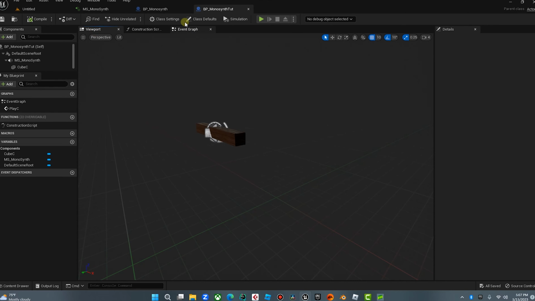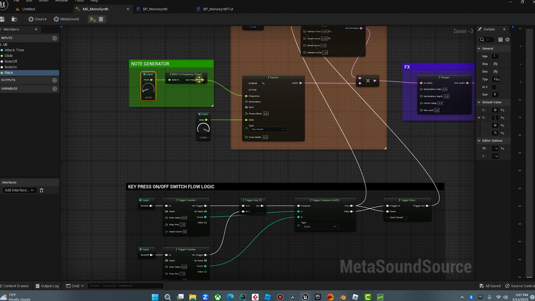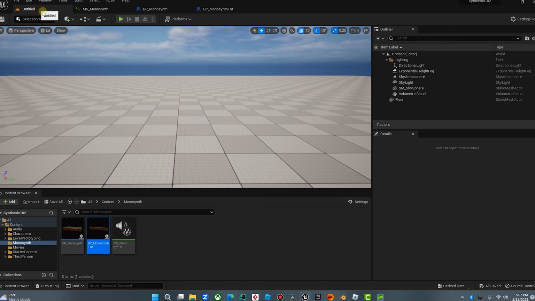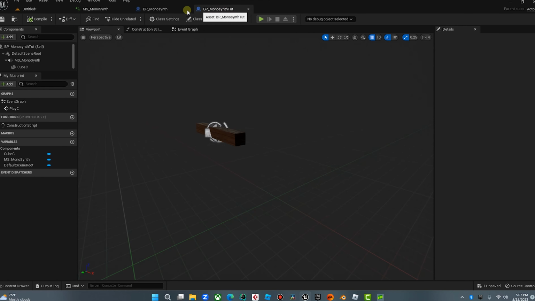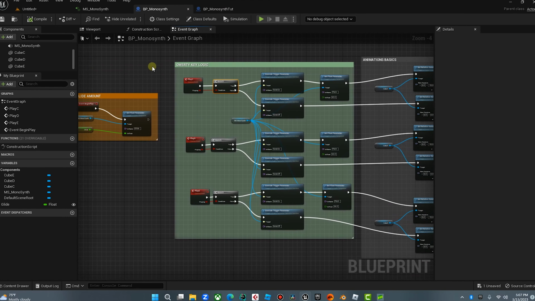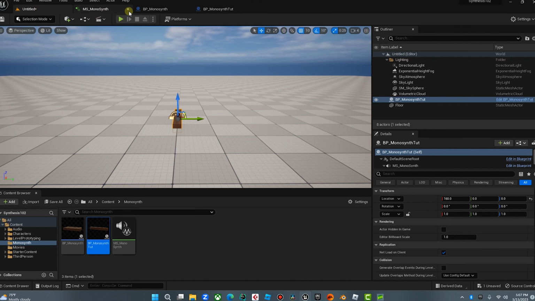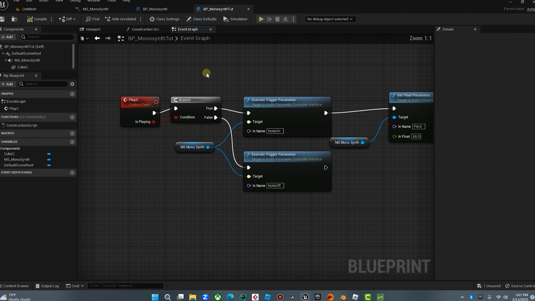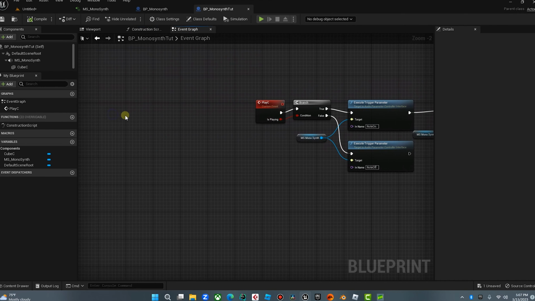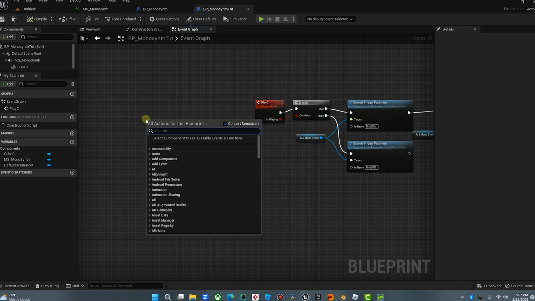We've got one note, we've got C, we've got our Metasound, and now what we're going to do is bring in our blueprint class that we just made. Now, one thing to consider that I have not done yet is I want to expose this glide input. So I want to come back here and add an event begin play,